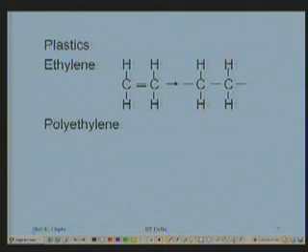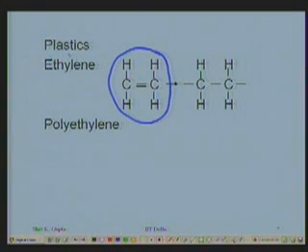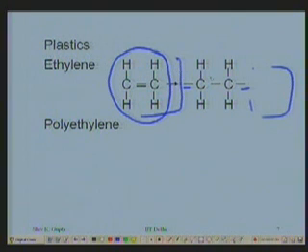It is easy for us to look at the plastics with the help of a monomer of ethylene, C2H4. There is one double bond and this is one molecule of ethylene. When we polymerize, this double bond saturates, becomes a single bond, but provides a single bond here and a single bond there, to which I can connect another monomer there, I can connect another monomer here, and this chain can extend on both sides.